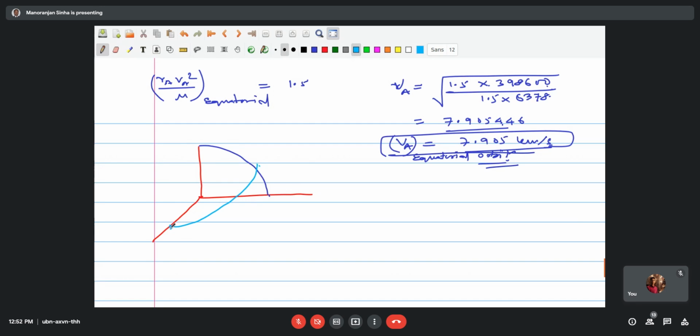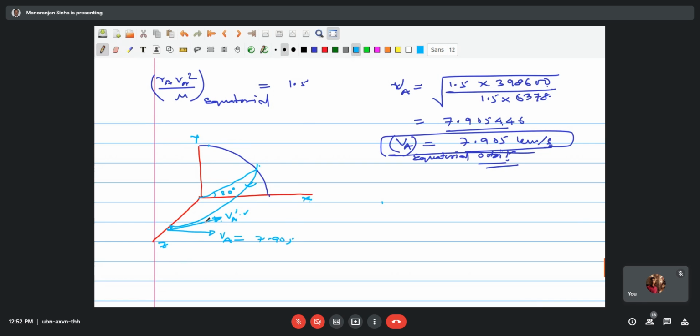The situation looks like this one. The satellite will be given an impulse here at this point. So this is VA prime, and VA was initially here in this direction. So this VA is 7.905 kilometers per second. This we have to work out. Moreover, the flight path angle is to be decided. And already we see that this orbit is inclined to the equatorial plane by 30 degrees.